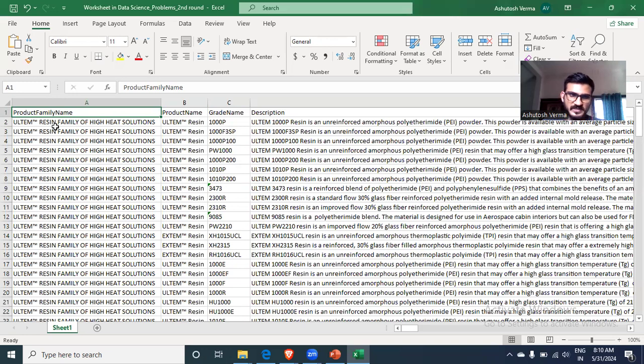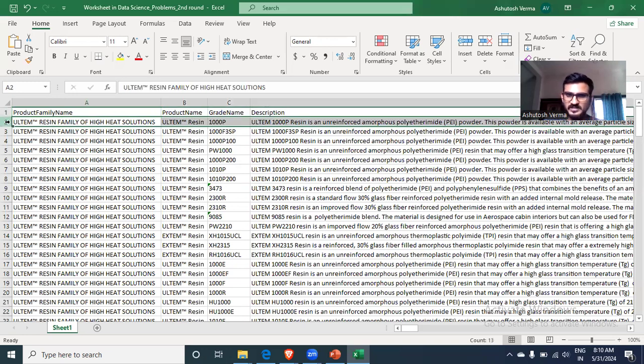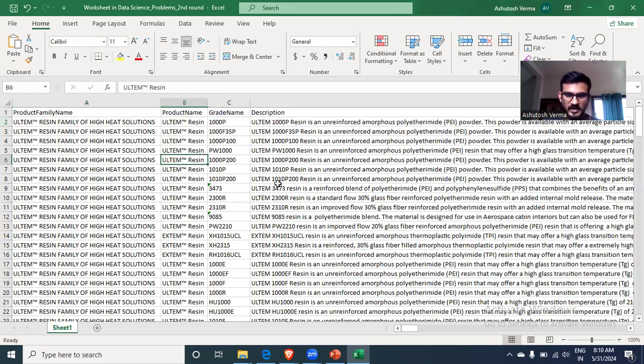So let's say they give this particular product as the input. Now we want to recommend to the user the three most similar products to this particular product. These are basically some polymer products, and these are the details about those products. Now, when it comes to the recommendation system, I used